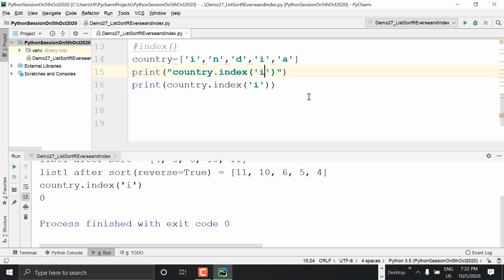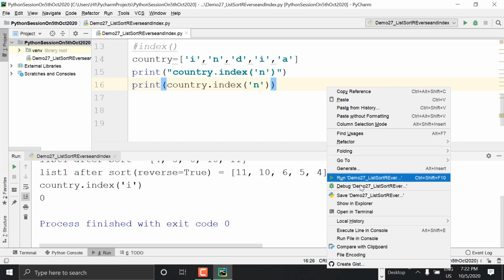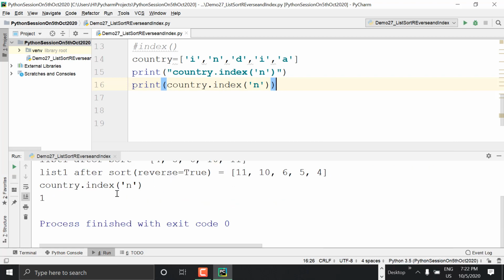Okay. And then if you want to count from here to here, I want to count the index, you can also use a parameter like country dot index. See, you can specify the starting and ending of the index itself, from where to where. You can say country as it is, comma, where to where.